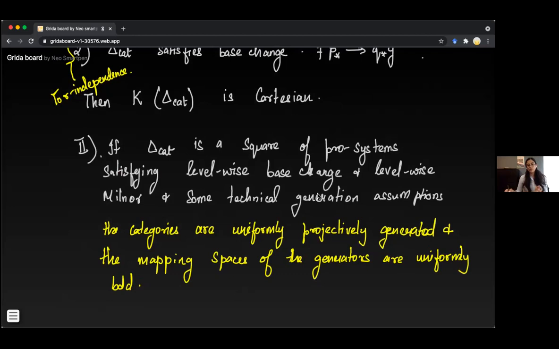So what I mean by this is the following. In the simplest case, there exists some set of compact projective generators for this AN, not exactly AN, but kind of the connective object. If you're looking at a module category, what you want is that the bounded to the right complexes are all generated by some set of compact projective generators. And you also need the mapping spaces between them to be uniformly bounded. What that means is all their homotopy groups should uniformly vanish